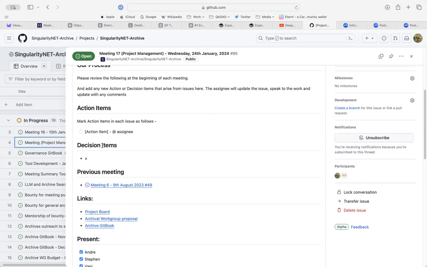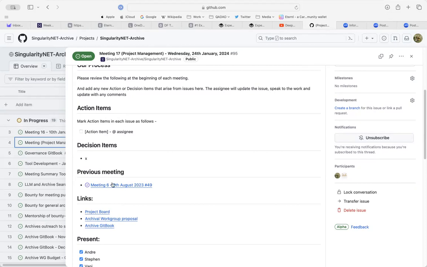This is not completely in progress yet. We'll be talking to how we are proceeding with this more generally in SingularityNET later on in the meeting. So we will have action items and decision items that relate more generally here, which should also work with meeting summary templates.